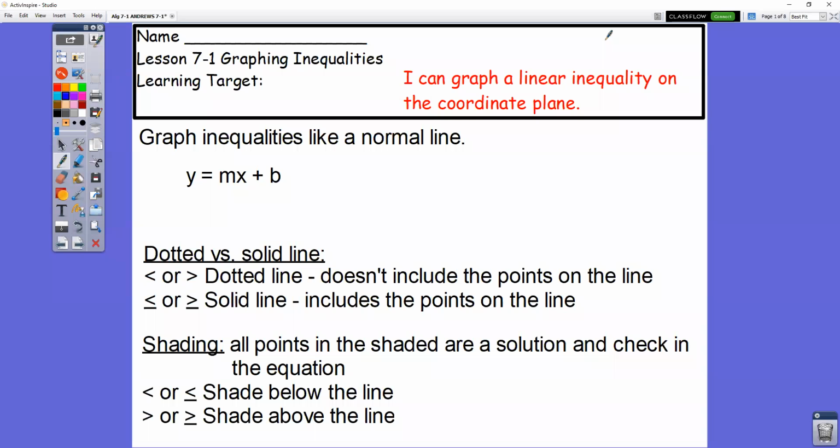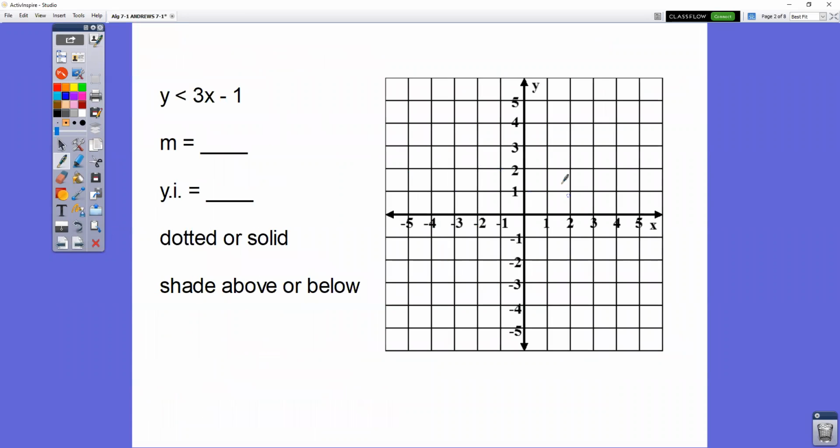So this is the lesson for 7-1, graphing inequalities. What you're going to be doing is graphing a linear inequality on the coordinate plane. Now, these questions are just like graphing lines from the previous chapter, except there's two more steps that you have to do. All right. Notice that you still have the equation in the y equals form, but you don't have